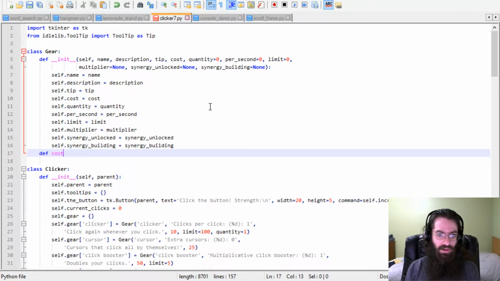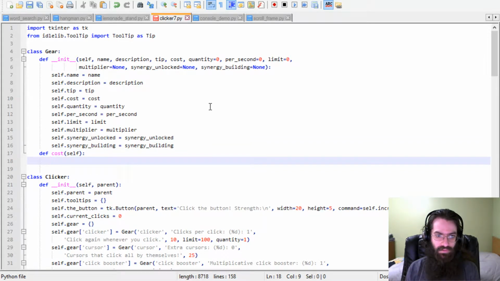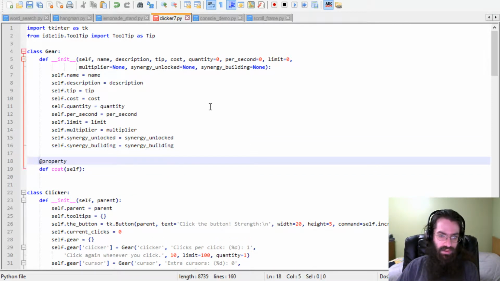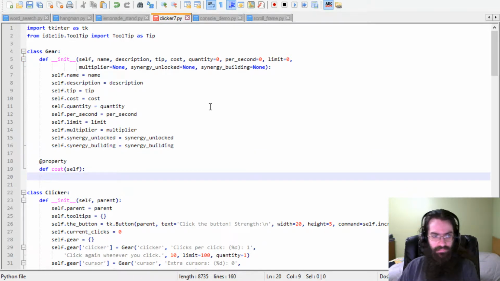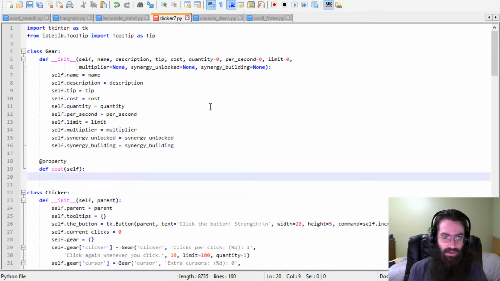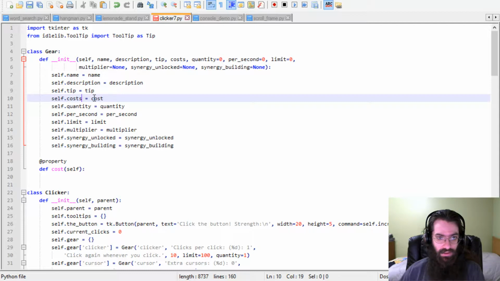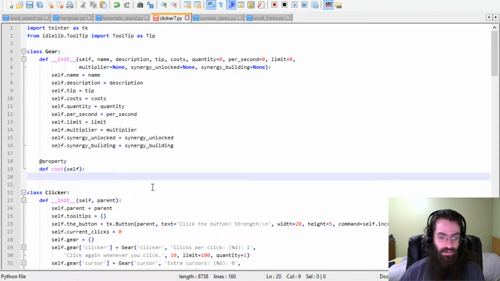Def cost, and one more thing, another property of this, because it's something I will want to recalculate every time it's called for. And this is going to be costs, because it's going to take a sequence of some kind. And cost will be